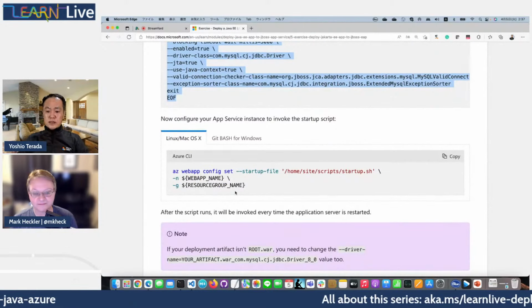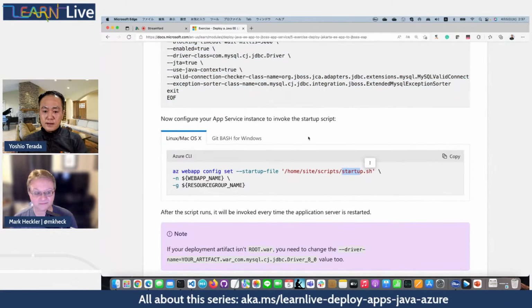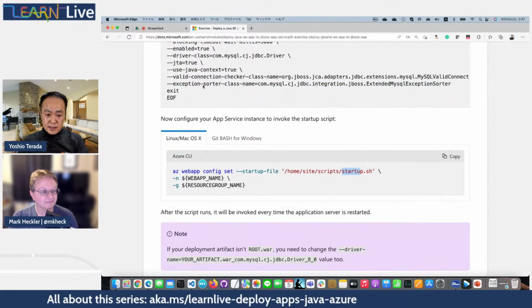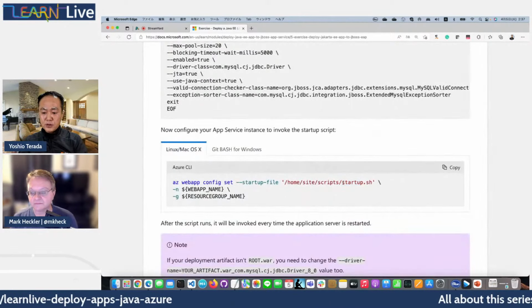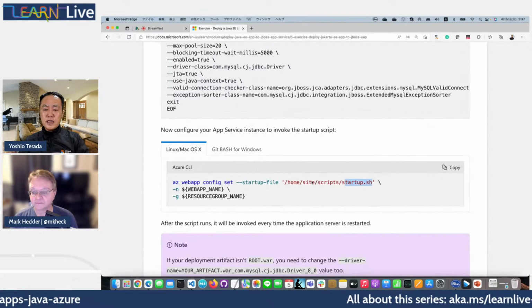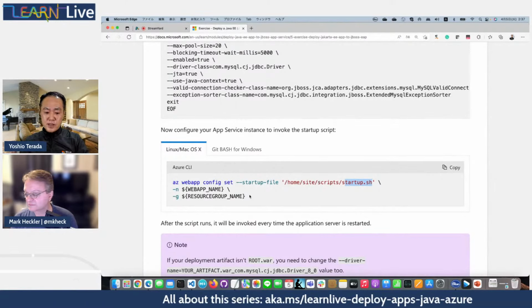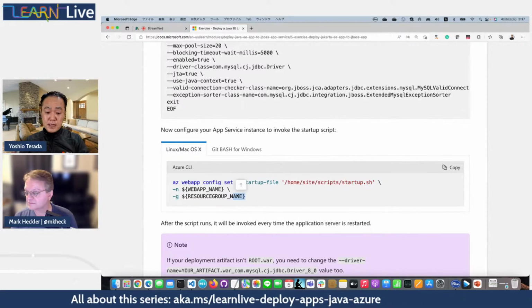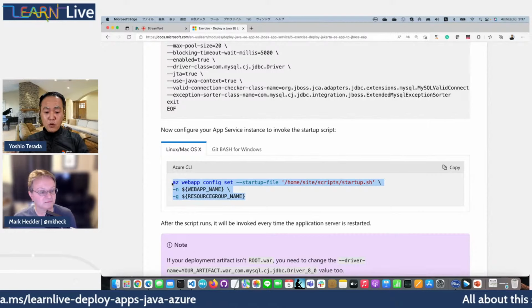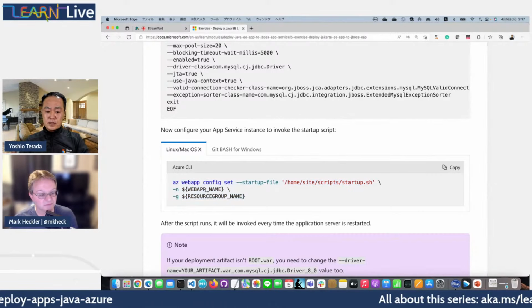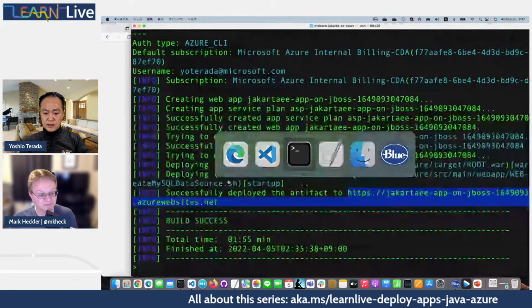I already mentioned that the previous shell script will be renamed as startup.sh, and in order to invoke this shell script during the startup of the JBoss EAP, we need to configure this command. In order to do that,